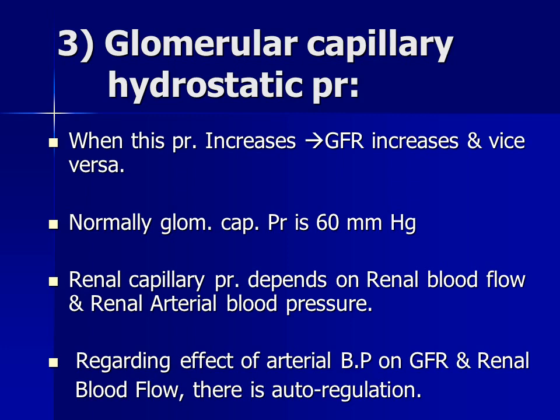determined by three variables. Number 1, you have the arterial pressure. Number 2, you have the afferent arteriolar resistance, and number 3, you have the efferent arteriolar resistance. So what I am saying is that glomerular hydrostatic pressure is a main regulator of GFR, and this is determined by three variables, which are arterial pressure, the afferent arteriolar resistance, and the efferent arteriolar resistance. Now, when the arterial pressure increases, the glomerular hydrostatic pressure will increase, and so will the GFR.